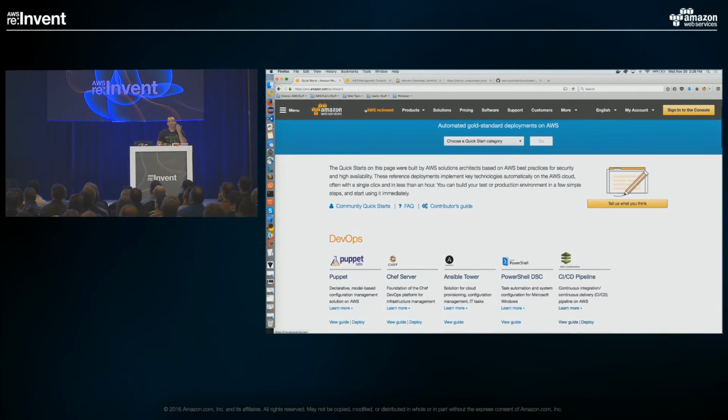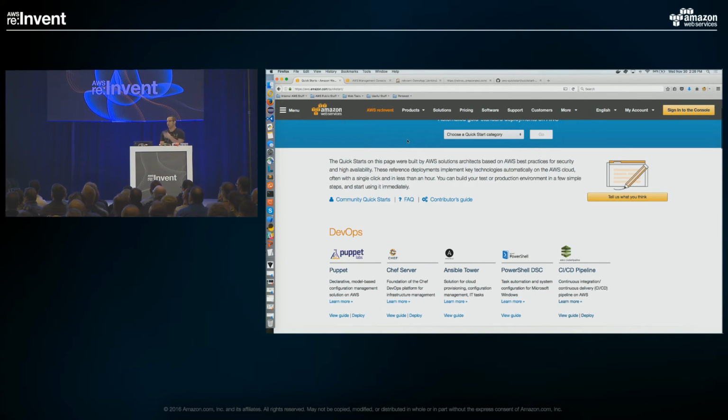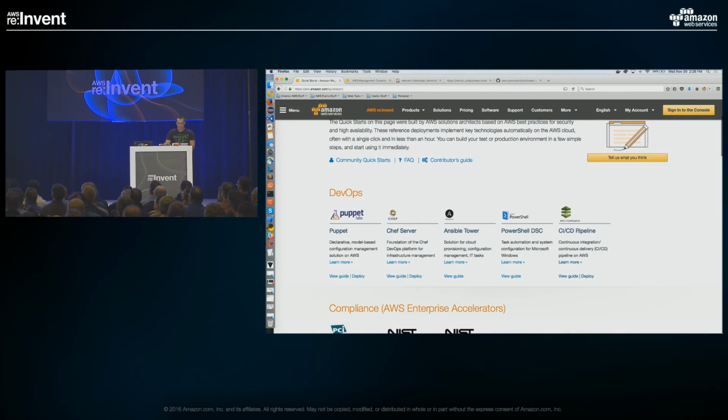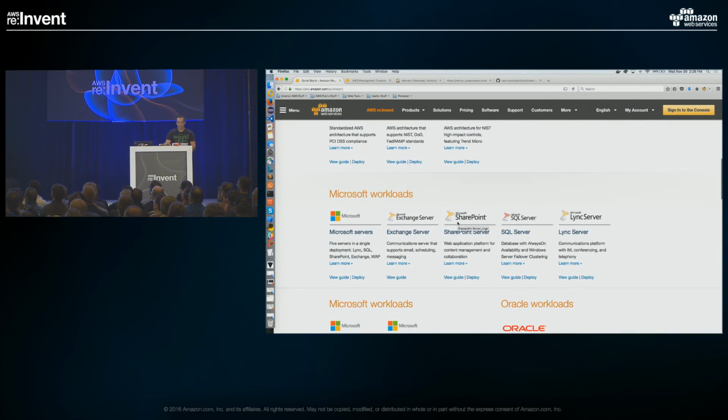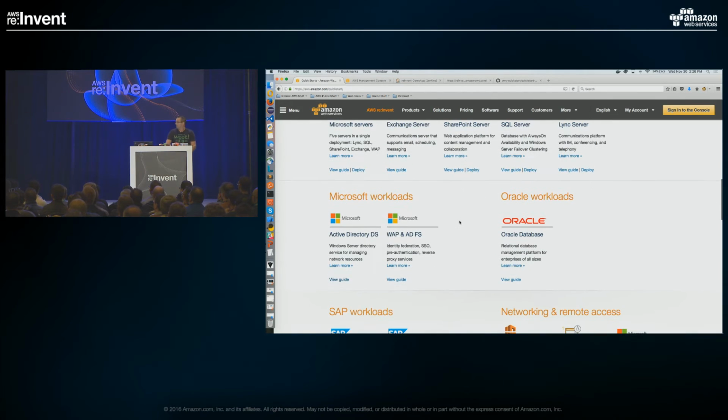Okay, first and foremost, where do you get these things? Santiago mentioned the quick start URL, which you can probably not see right there because it's super tiny, but this is the CI/CD pipeline underneath the DevOps category, but here's your Microsoft workloads. If you wanted to run and stand up a Lync server, if you want to run and stand up an Exchange server,